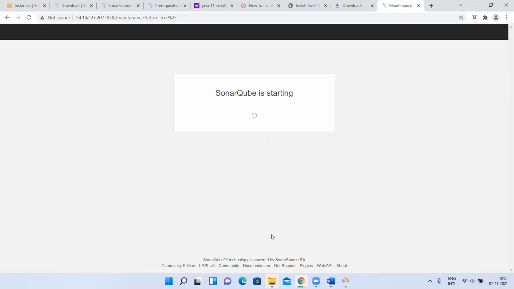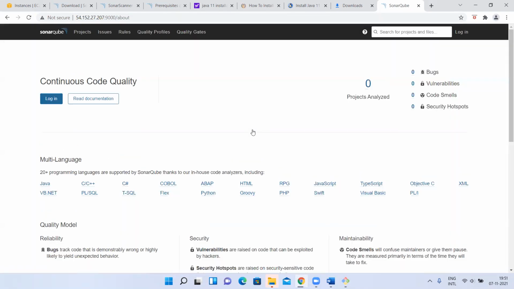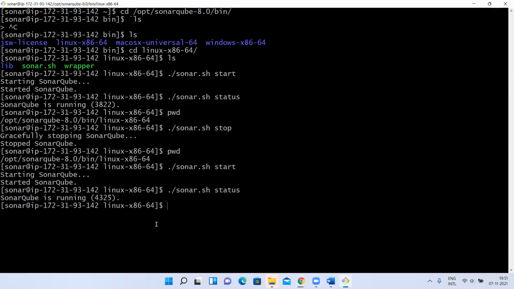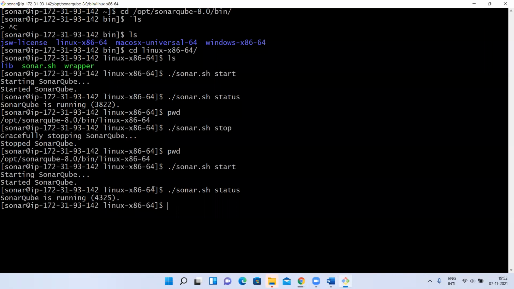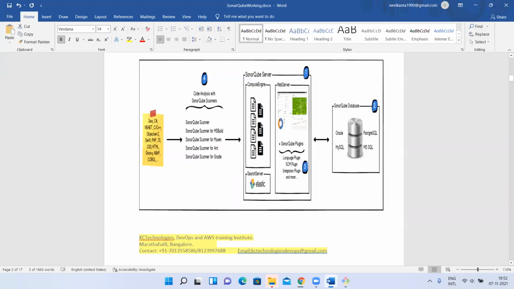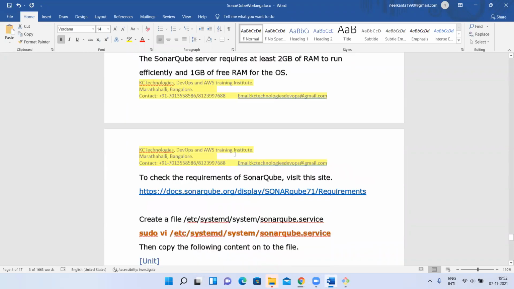So now have you understood how to start your SonarQube server? But there is one drawback here, same as Nexus and Tomcat, whatever we have seen. Every time to stop and start Tomcat or SonarQube, I have to go to this location. Even though it is running in the background, I have to come to this location to start and stop it. But I don't want to do that. I want to configure it as a service.